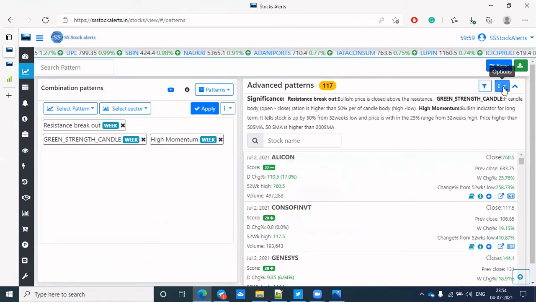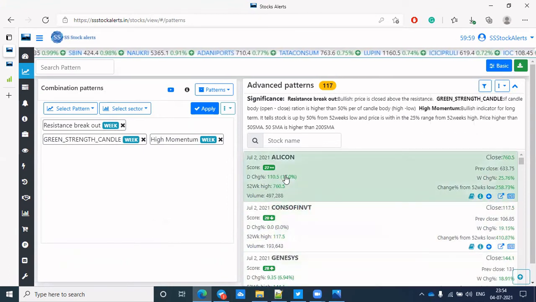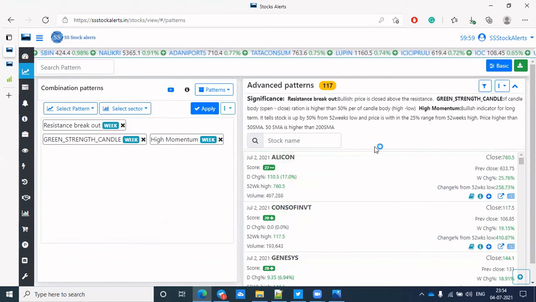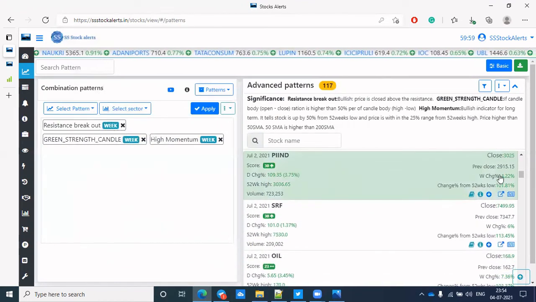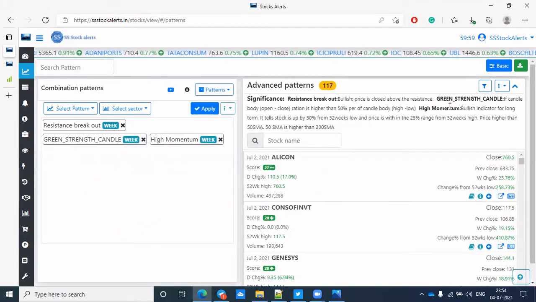Another thing is, once you get this list, finally we came up with four stocks here. The next question is how to allocate our capital. Usually, I maintain only four stocks at any time. I will not trade more than four stocks at a time.